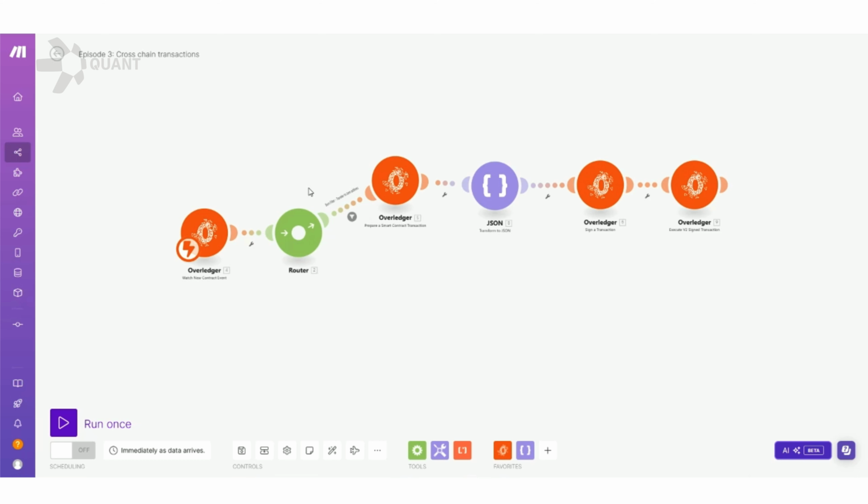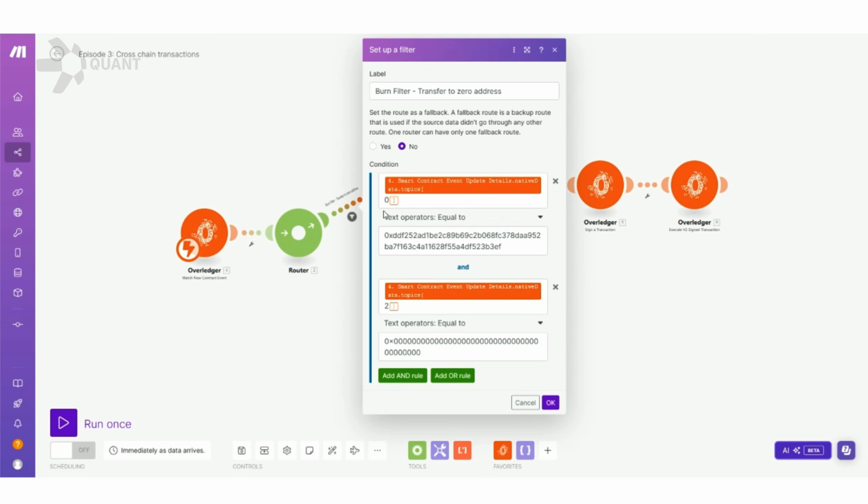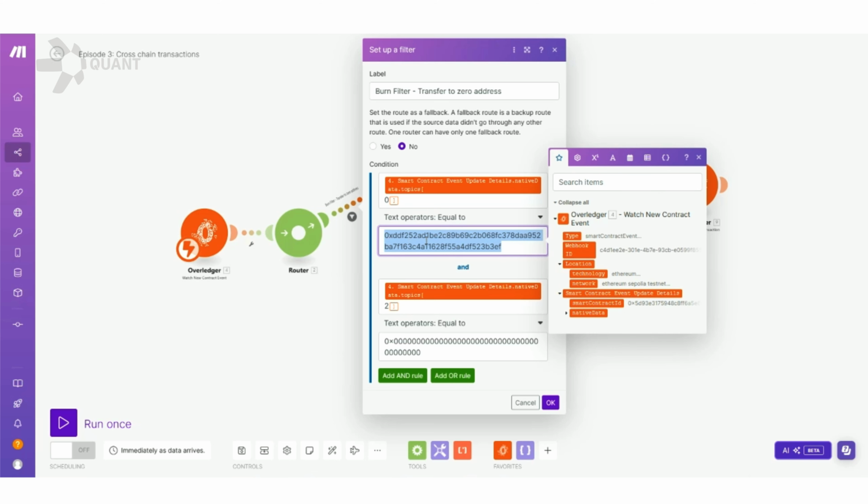topics and corresponding data. Then we've set up a filter. That filter will have a look at the event data and filter out anything that doesn't match up to what we need. So what we've done there is we've looked at the native data, the first topic, and we're checking if the text corresponds to this hash value. The way that works is the topics are a hash value of the event data, and we know that